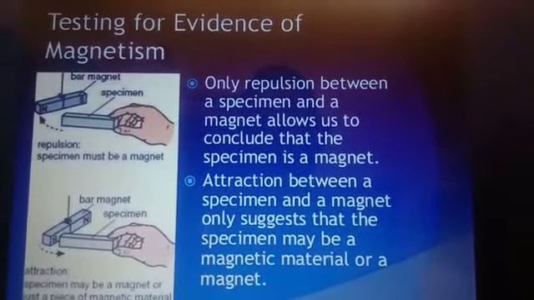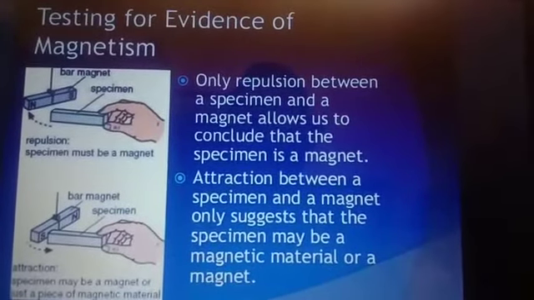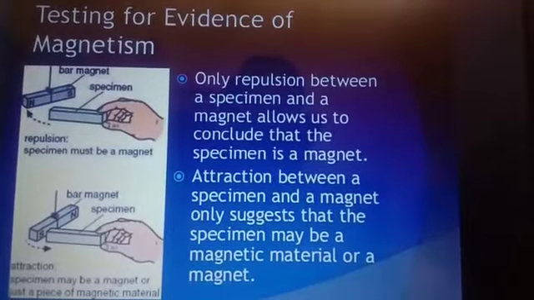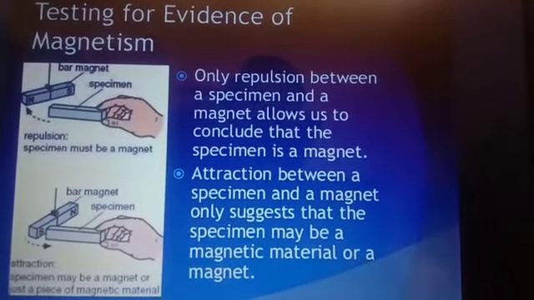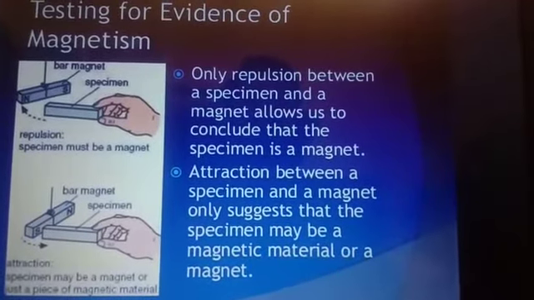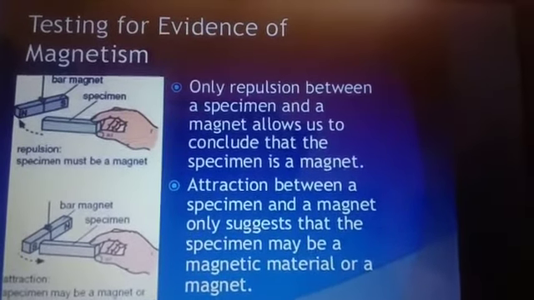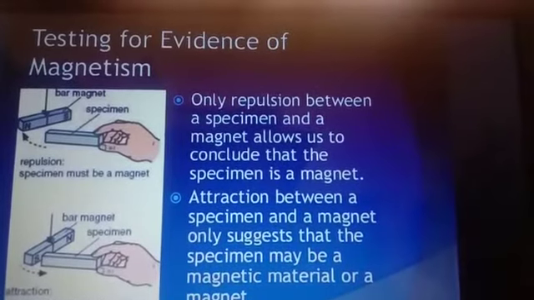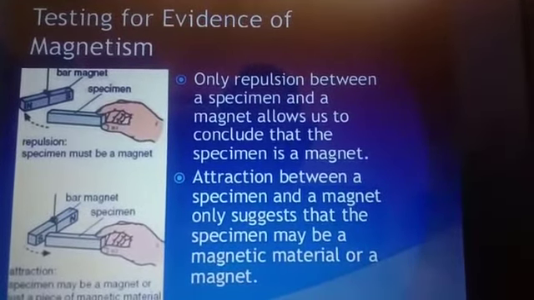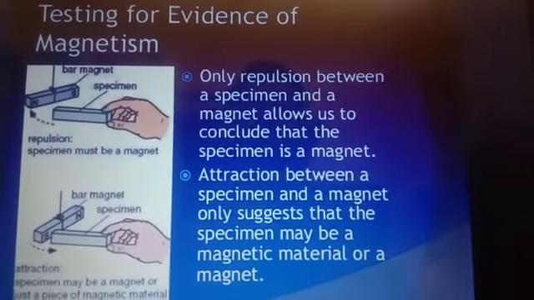Take both identical bars of iron near a paper clip one by one. The iron bar which attracts the paper clip, so that the paper clip sticks to it, will be a magnet, and the iron bar which does not attract the paper clip will be an ordinary bar of iron, that is, not a magnet.